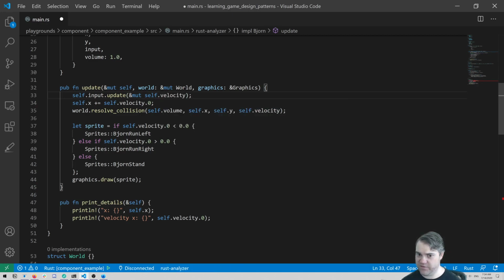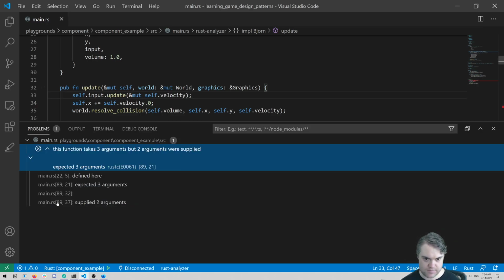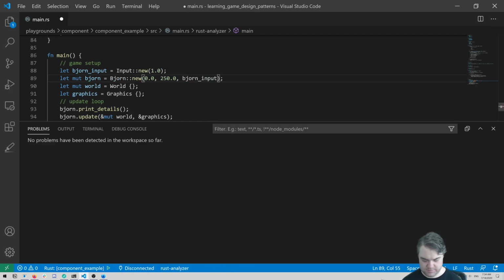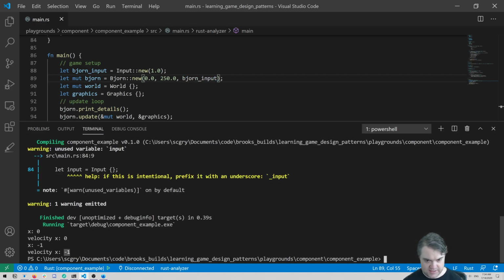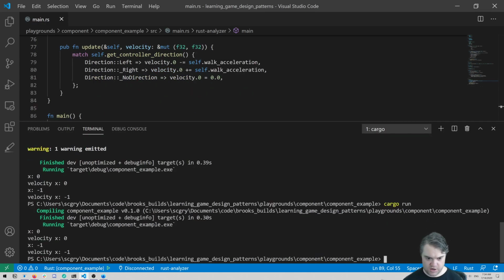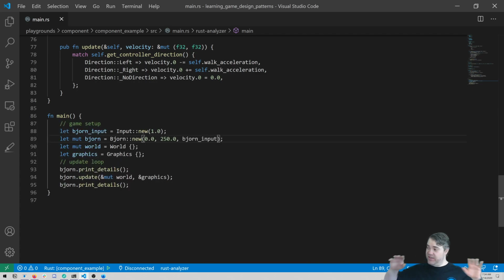So now this is where we find out if the borrow checker is happy with it. This function takes 3 arguments, but 2 were supplied. Bjorn new, right, we now need to pass it this Bjorn input. No errors so far, that's a good sign. So we run this. Let's see if this works now. If I cargo run, x is 0, velocity is 0, and then after that, x is -1, velocity is -1. So nothing changed